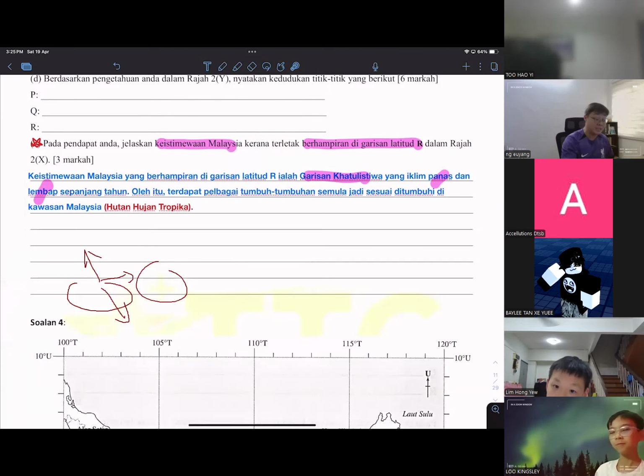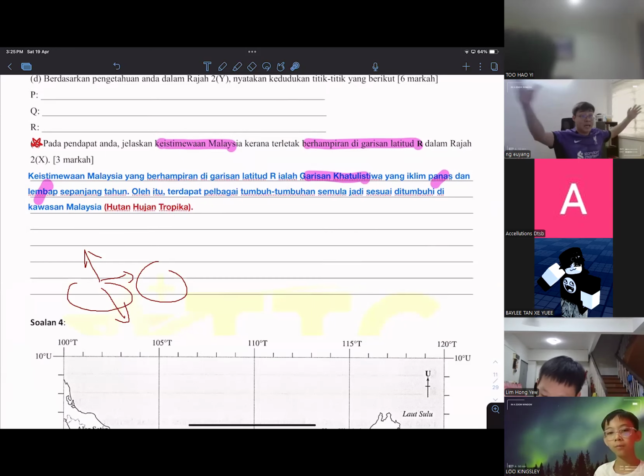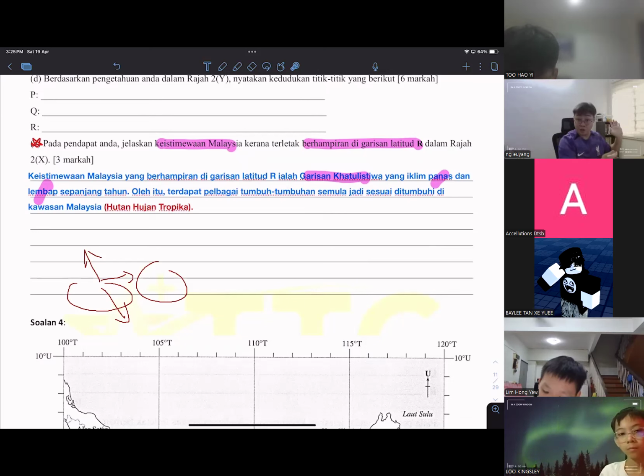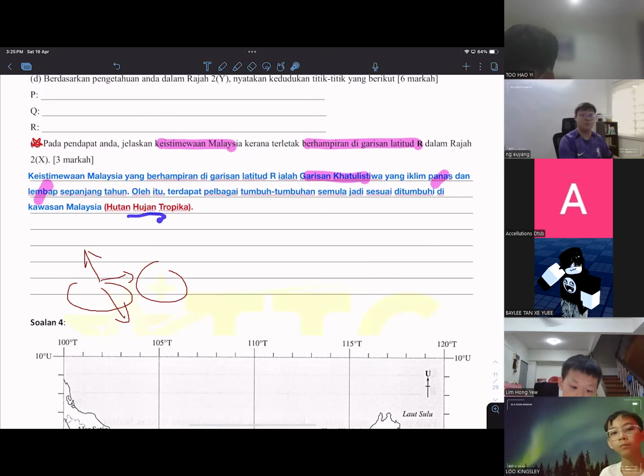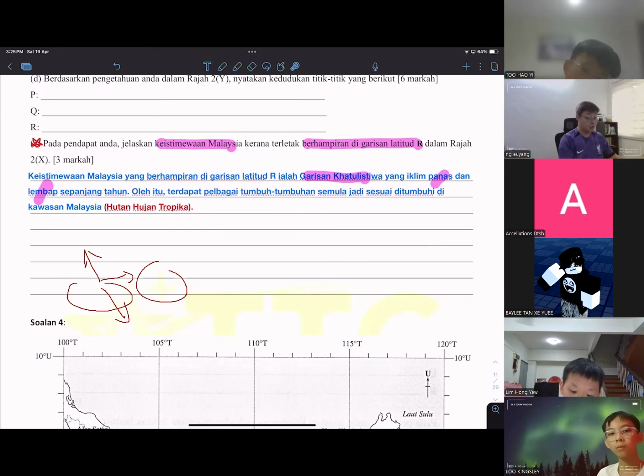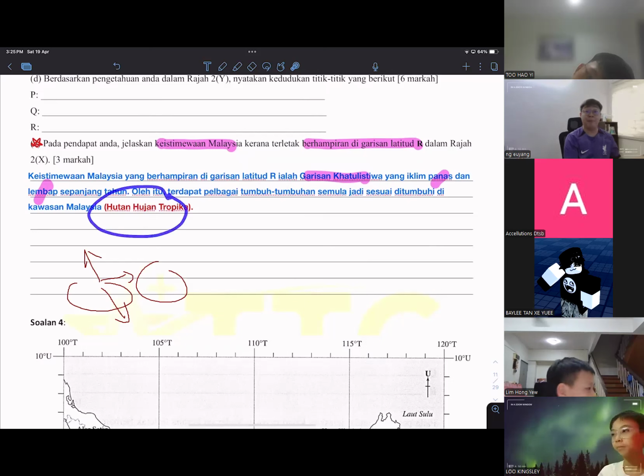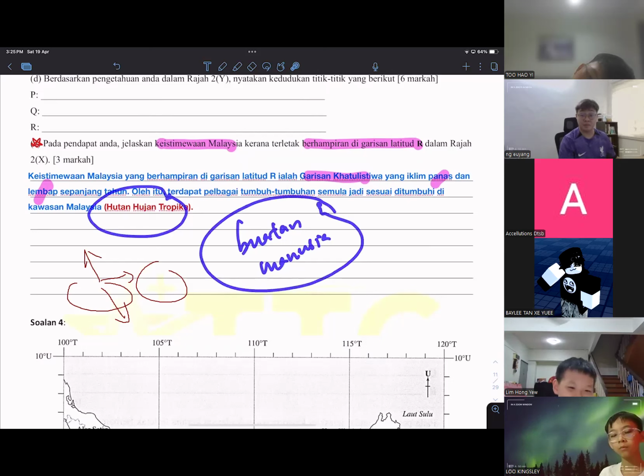So when you guys are trying to learn the bab tree, right? Hutan hujan tropika in Malaysia. And then we also have some tropical rainforest in Africa, and the world's largest tropical rainforest, which is Amazon, right? But Malaysia's tropical rainforest is the world's most ancient one. Only us. No other country has a tropical rainforest as old as ours. Why? Because Malaysia mempunyai hutan hujan tropika yang paling tua di dunia secara semula jadi. It's not artificial.